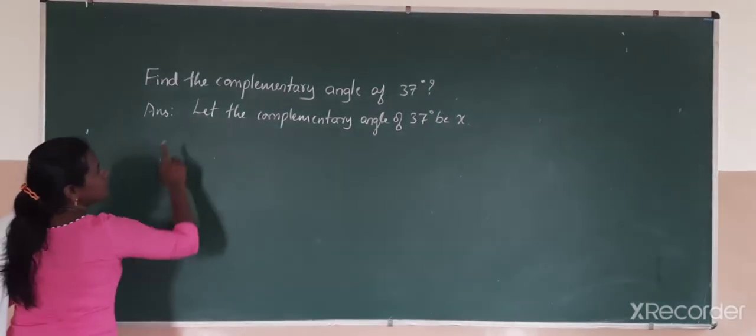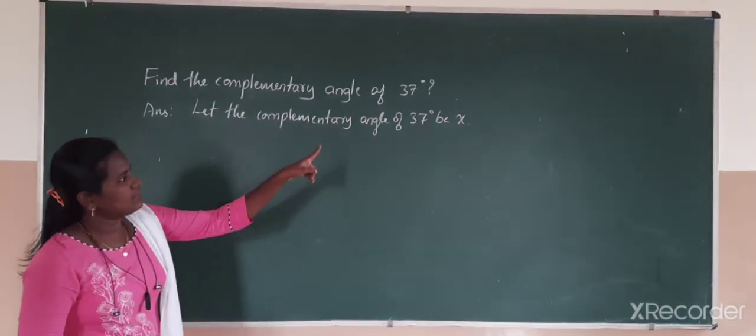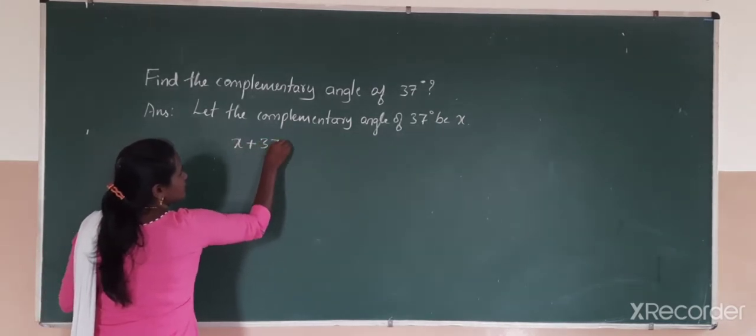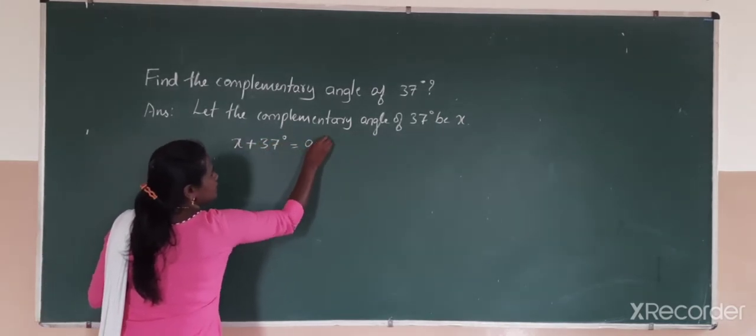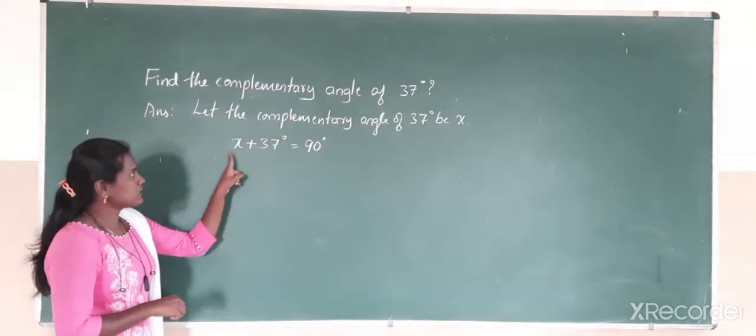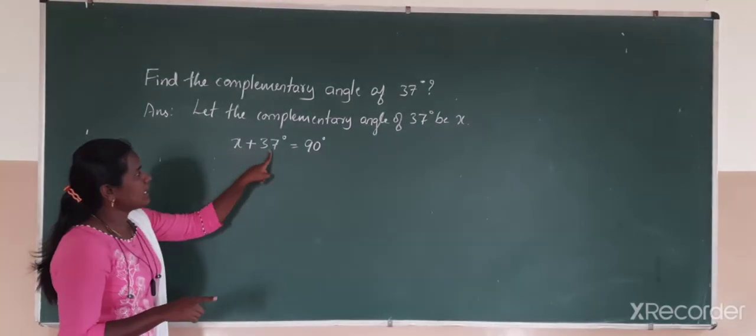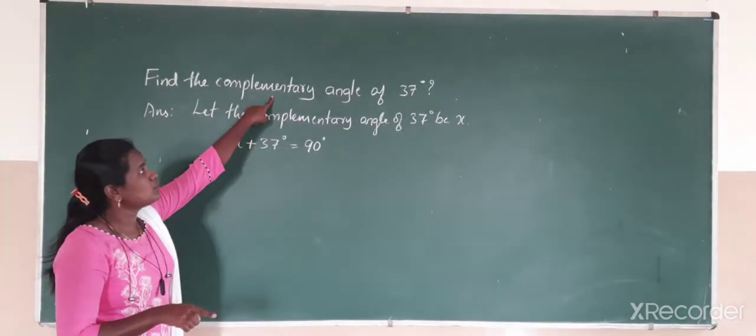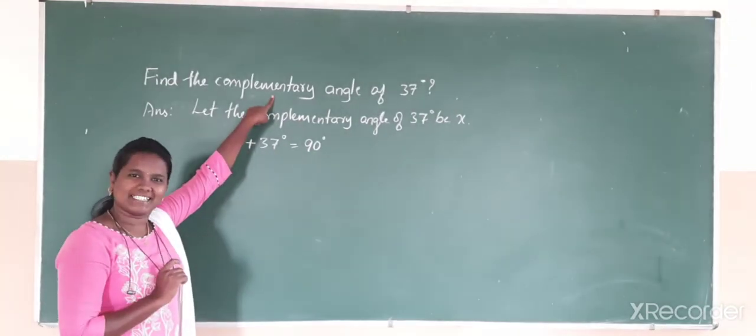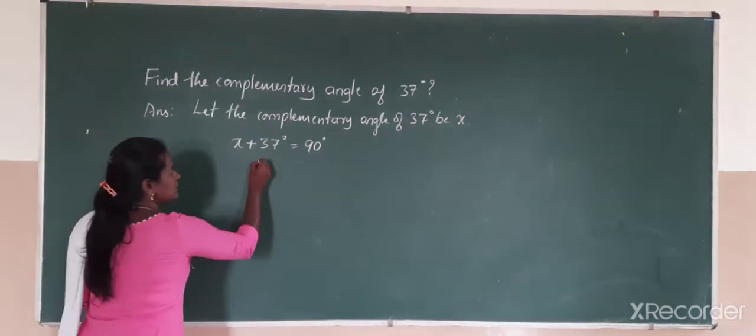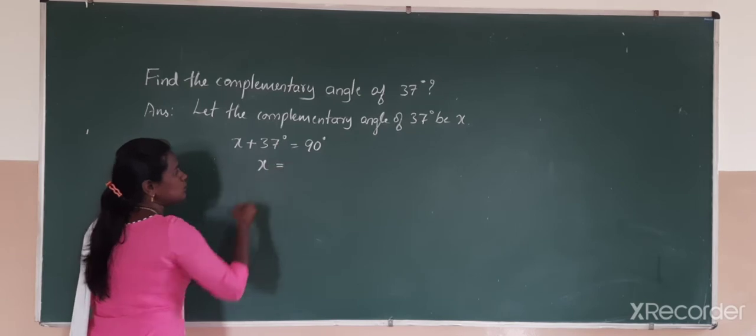Yes. Therefore, let the complementary angle of 37 degree be x. Then what it indicates is x plus 37 degree is equal to 90 degree. Why x plus 37 is equal to 90 degree? Because the sum of two angles is 90 degree. Then those are called complementary angles, isn't it? Now we have to find the value of x. Therefore, x is equal to